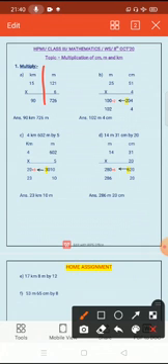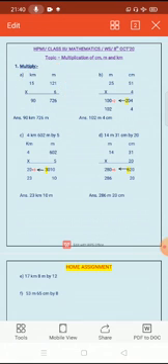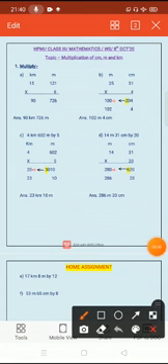As in the first sum you can see kilometer and meter, two units are there. So at first we will multiply the meter part, then the kilometer part. Okay, so let's start our today's lesson. 15 kilometer 121 meter to be multiplied by 6. As I told, at first the meter part to be multiplied.